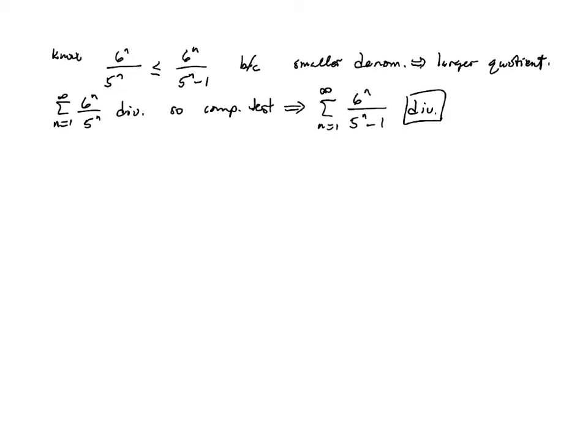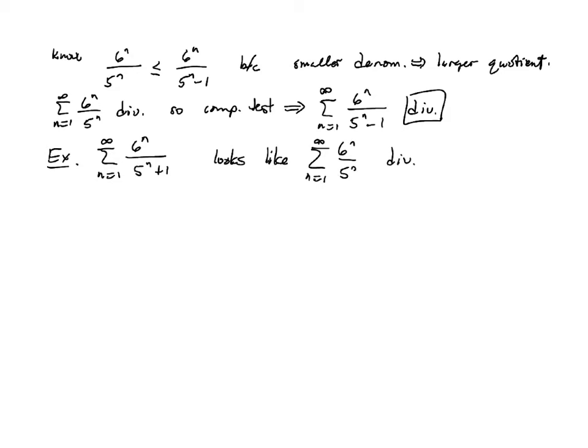Now, let's look at a similar example that asks about the summation n equals 1 to infinity of 6 to the n over 5 to the n plus 1. Now, this one is incredibly similar to the previous one, right? We would like to compare this to the same series, which diverges. So in order to apply the comparison test,